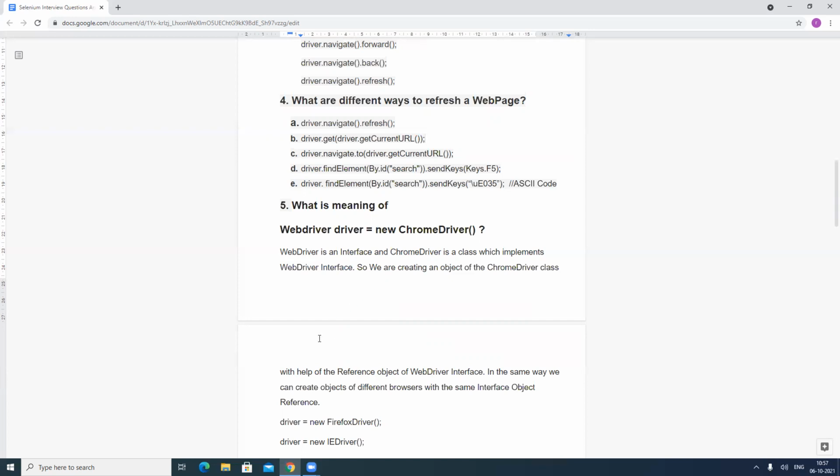You have to write down the code for how you can define other browsers' objects as well. So driver equal to new FirefoxDriver, or new IEDriver. You can define and create different browsers' objects with the same interface reference. This is a type of polymorphism concept that you have to explain in your answer.